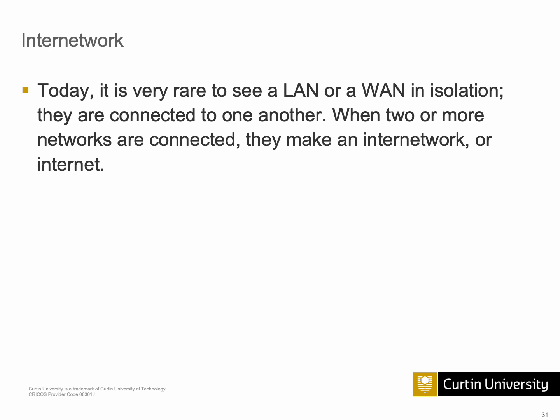Internetwork. So we discussed LANs and WANs. However, they are not used in isolation. They are connected to one another. So when we have two or more networks connecting with each other, they make an internetwork, or we can also call it an internet. So let's say we have an organization and it has two offices, one on the east coast